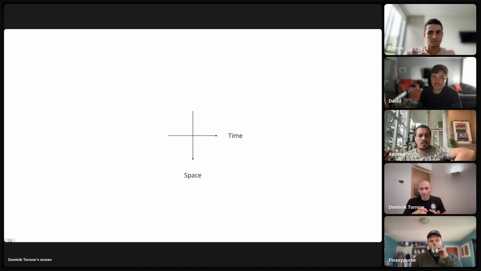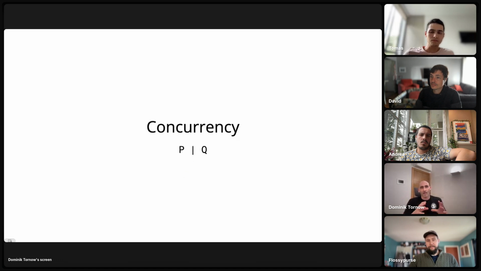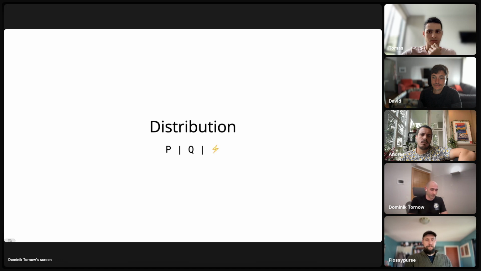Distribution across space and distribution across time introduce challenges that can be traced back to two defining characteristics of concurrent distributed systems: partial order and partial failure. The defining characteristic of concurrency is non-deterministic partial order of executions. In a concurrent system, we simply do not know what will happen next. The defining characteristic of distribution is non-deterministic partial failure. In a distributed system, we simply do not know what will fail next.